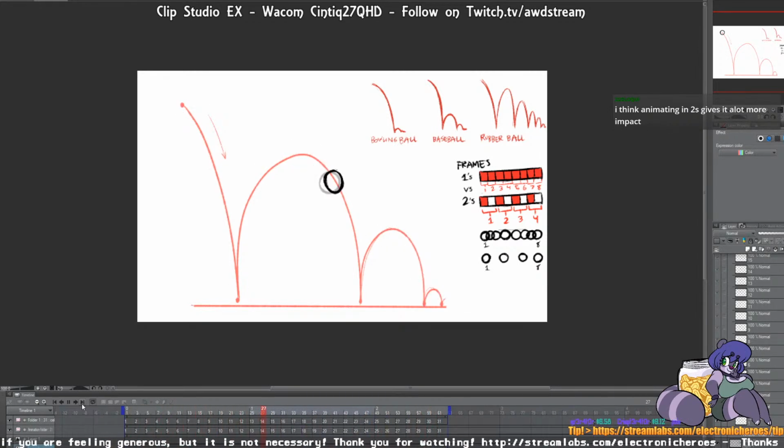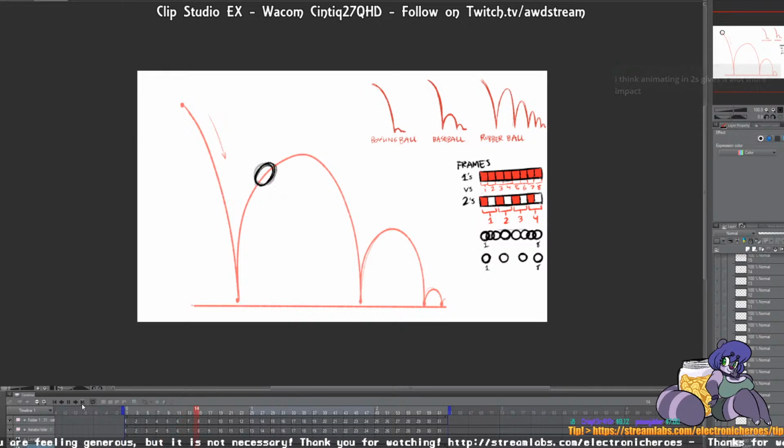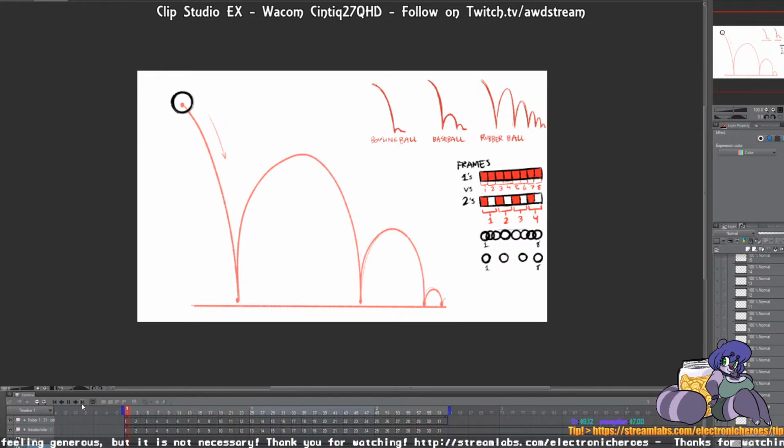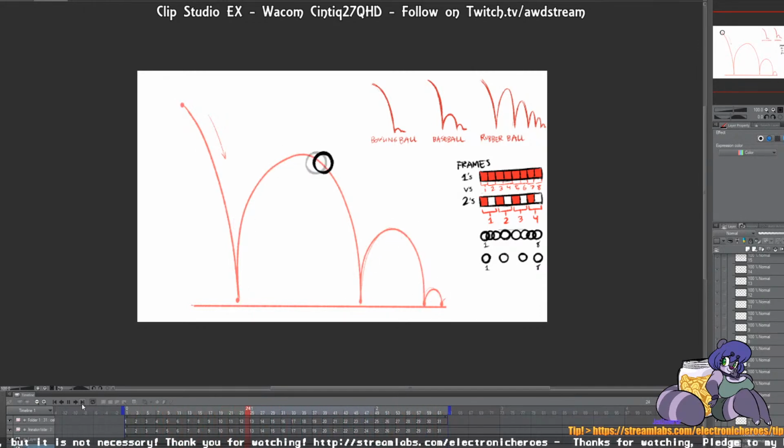It kind of saves on the amount of energy that needs to go into every drawing. I could be wrong on that. I have seen animation done on threes. It's fine. But for the most part, a lot of animators,